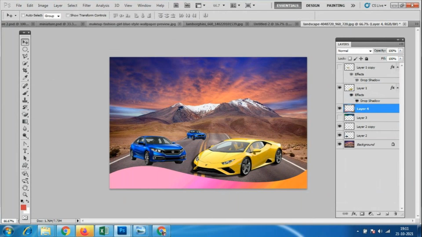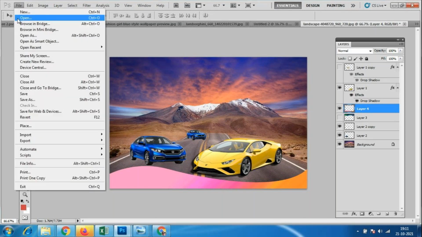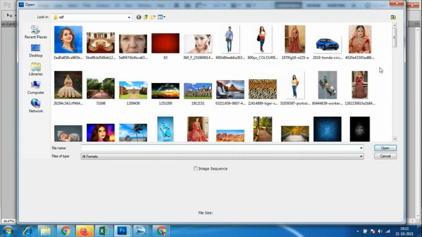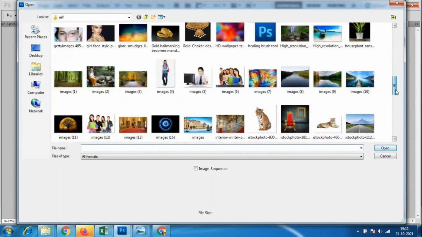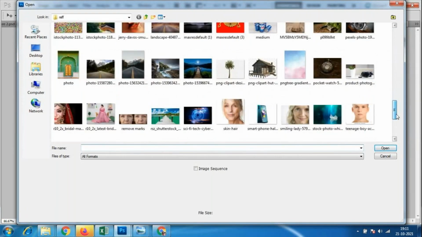Is that clear, everybody? Any design advertisement we have to make, we can place the text over here. So like this. To create the shapes, we can use the pen tool. Anybody having any doubt with the pen tool? No, ma'am.